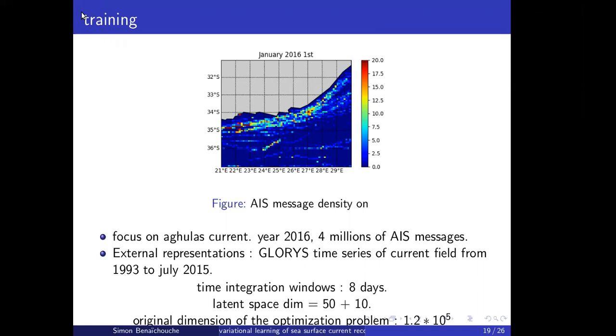So we compressed a lot the dimension of the problem. It was about 2,000 times bigger at the beginning, and here we reduce the problem to learning a low dimensional problem. So in the training phase, it's still a high dimensional problem because you have to learn the parameters of the neural networks. But if you try to generalize, you only have to identify the good latent space point. So it's a kind of low dimensional problem.